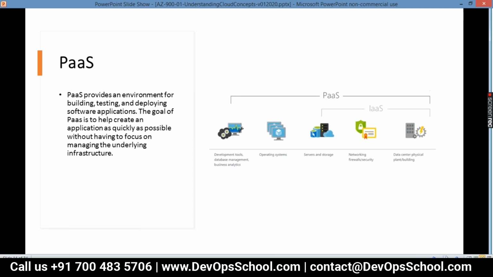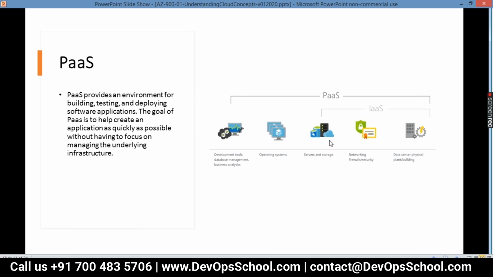Like, what is an operating system? It is a platform where you can do your operations. Suppose I give you one laptop. Without an OS, are you able to do any operation on that? No. You need an operating system, whether Linux, Unix, or Windows, whatever it may be. So here your operating system is your platform. Only after the operating system are you able to install other software like MS Office and all this stuff.